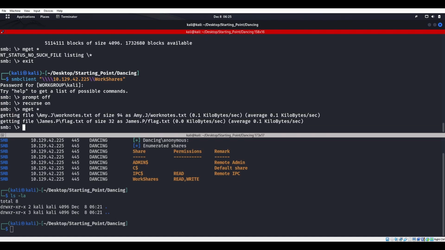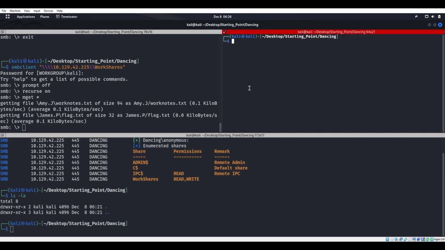All right, so we can see that it just got 2 files for us, right? And those are files that we can actually get to, because there could be other stuff in here that we are denied to get into, right? But those are 2 files that we can actually get into and actually see, right? We can also